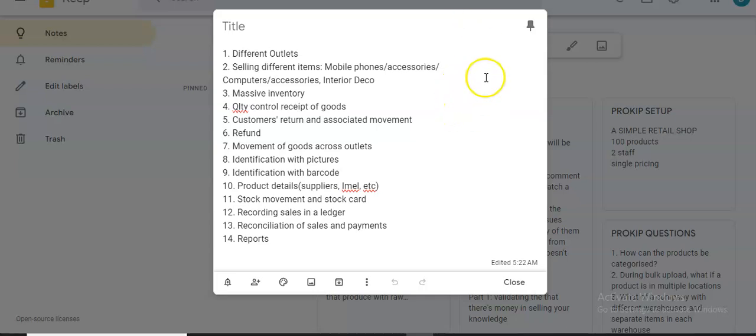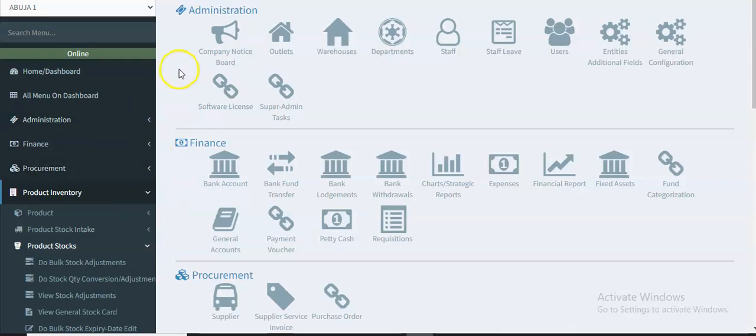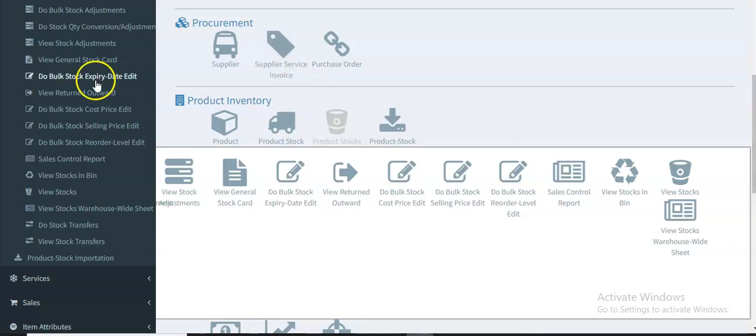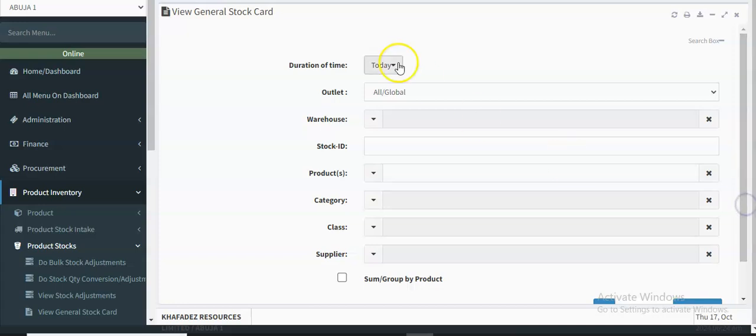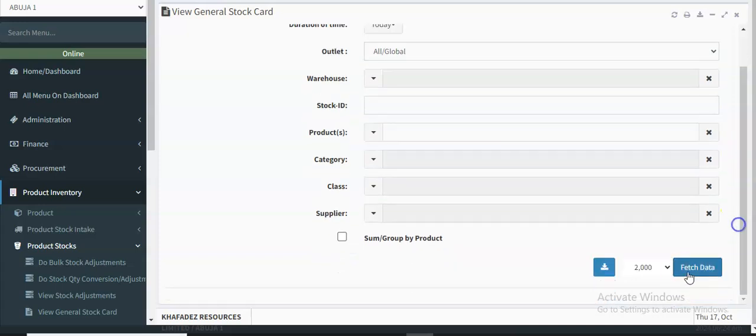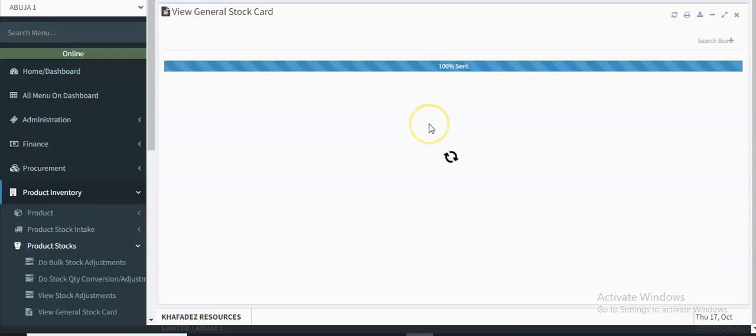Okay, now let me show you this particular one. Now, if for instance you want to know the summary of your product movement, so this is the stock card. This is the summary stock card. If you want to know the summary of your product movement, this is it. I will just fetch data. So assuming this is today, it's showing me that